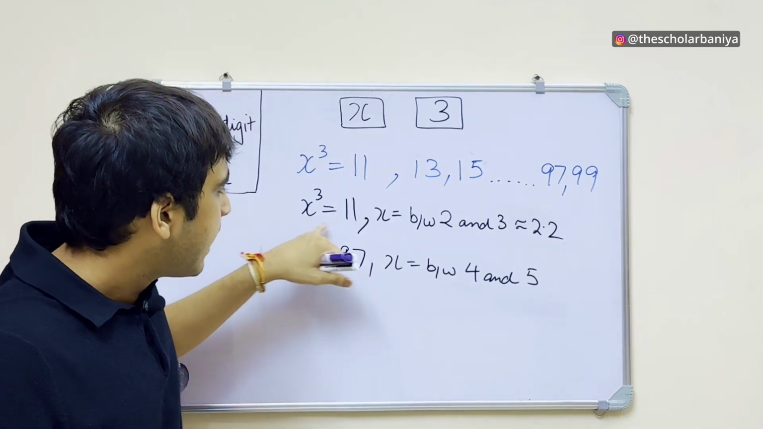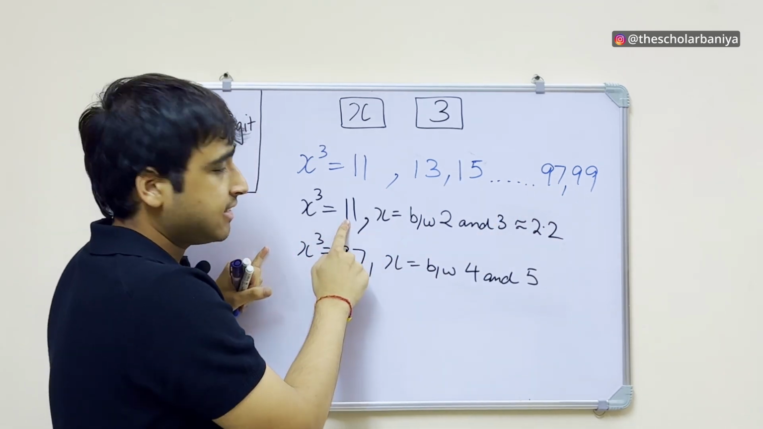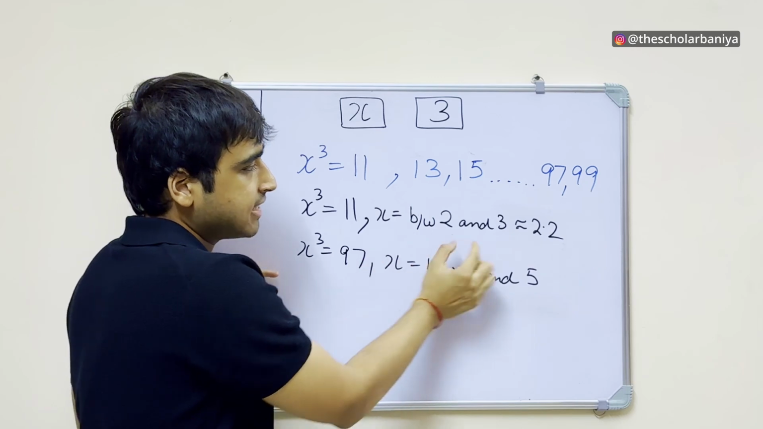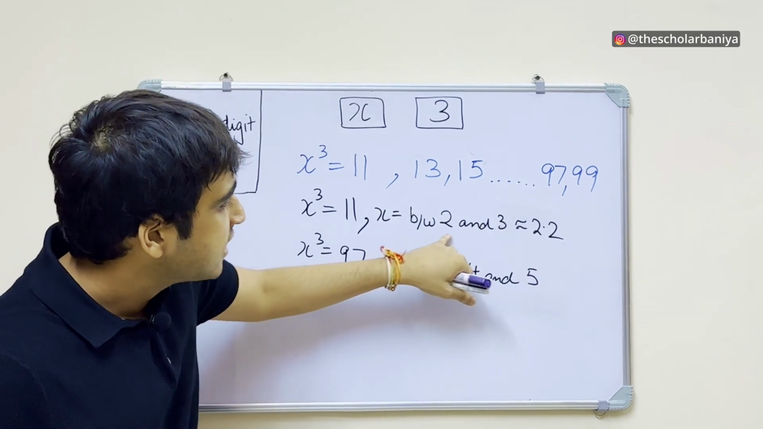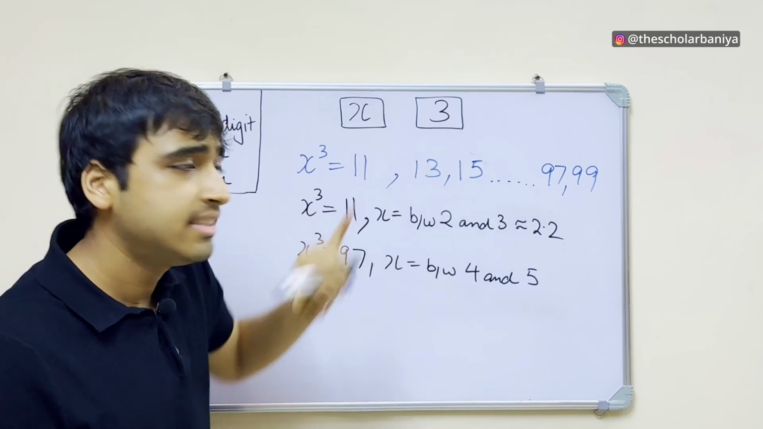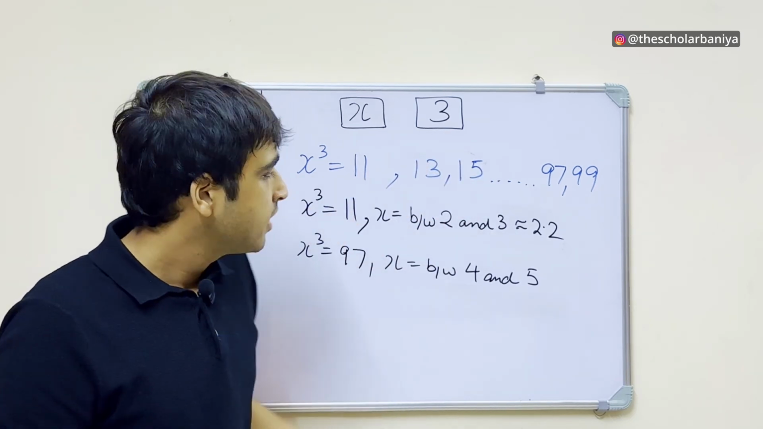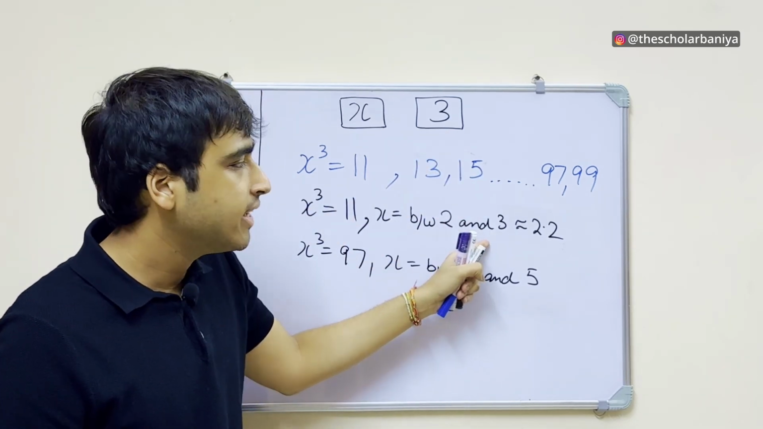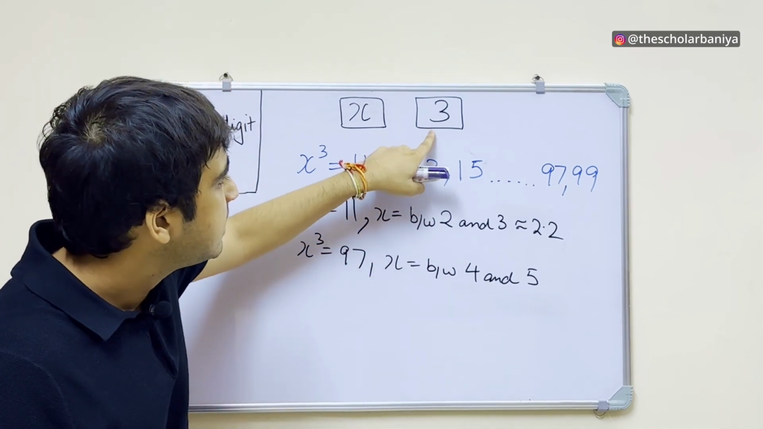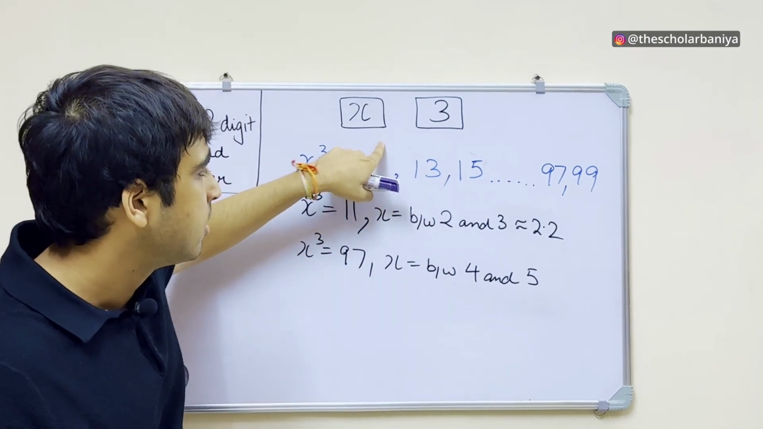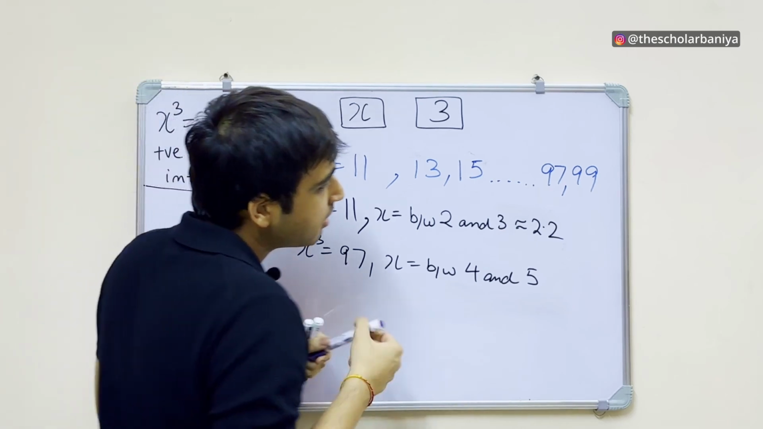So if we take this case, x cube is equal to 11, then x can be somewhere between 2 and 3, right? So if x is between 2 and 3, it is definitely less than 3, right? If x is some value between 2 and 3, maybe 2.2, 2.3, 2.4, whatever, then obviously 3 is greater and this is smaller. So in this case, the answer becomes what? B,